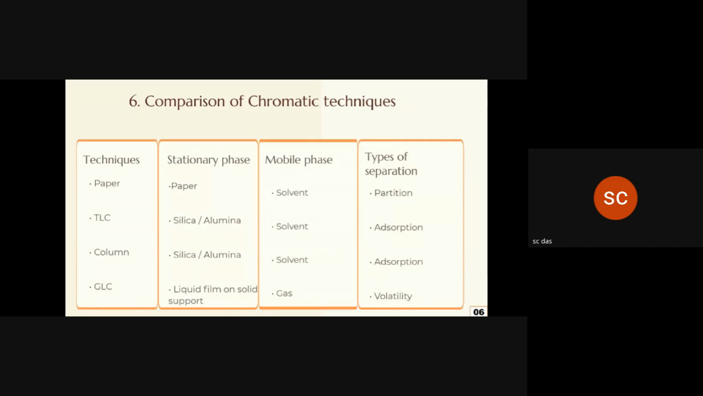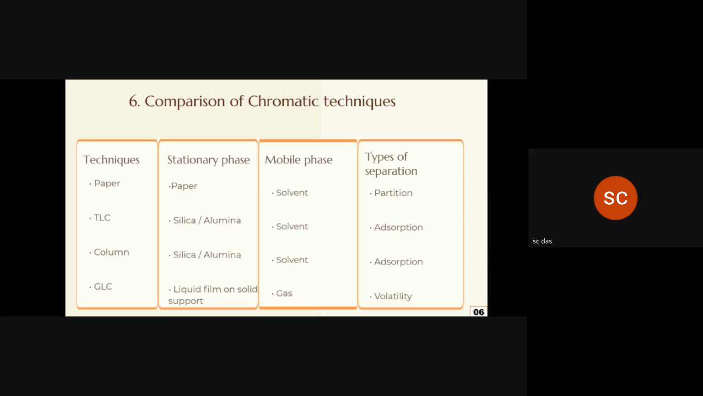Now, moving on to the next slide, we have the comparison of all four types of chromatography. As you can see here on the screen, for paper chromatography, the stationary phase is paper, the mobile phase is solvent, and the type of separation is partition. And for the TLC technique, we have the stationary phase as silica and alumina, and the mobile phase as solvent, and the type